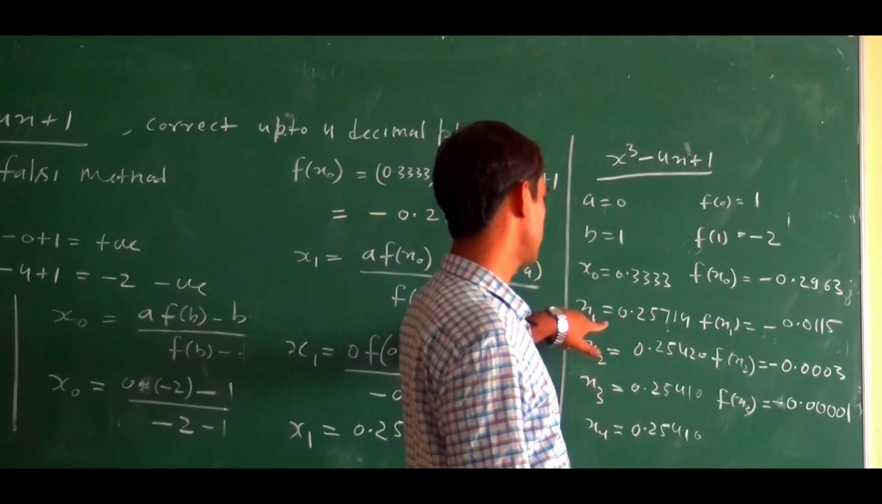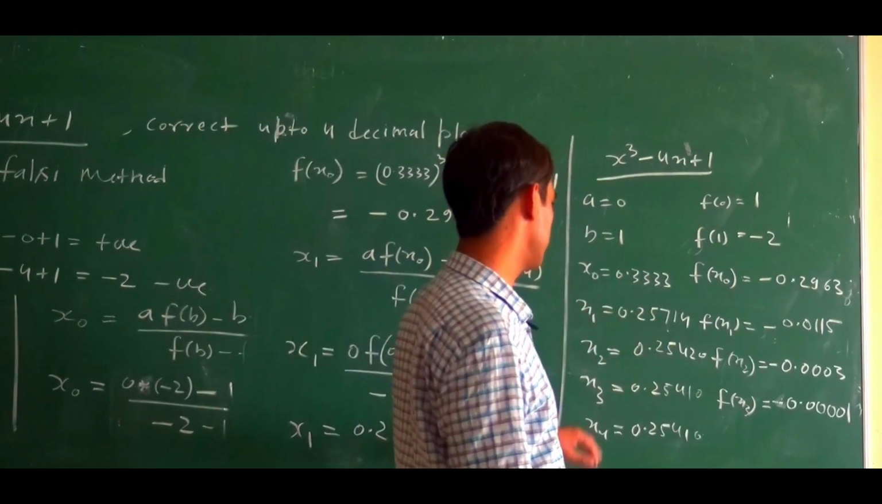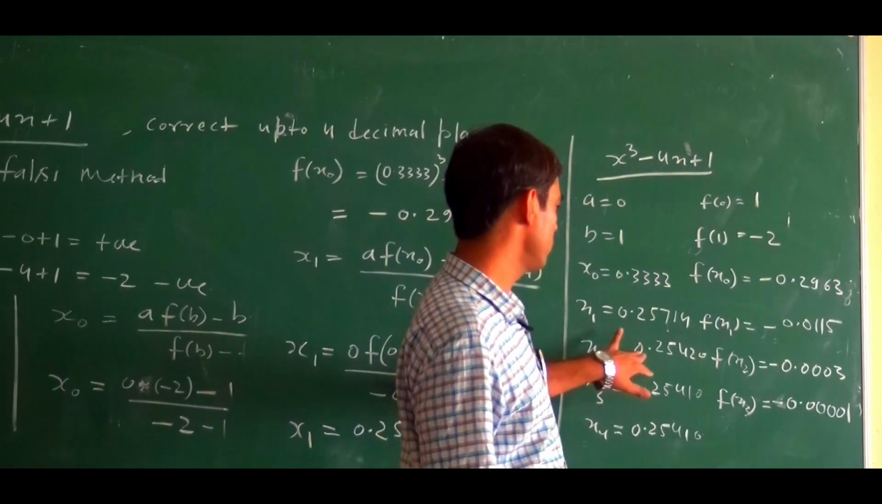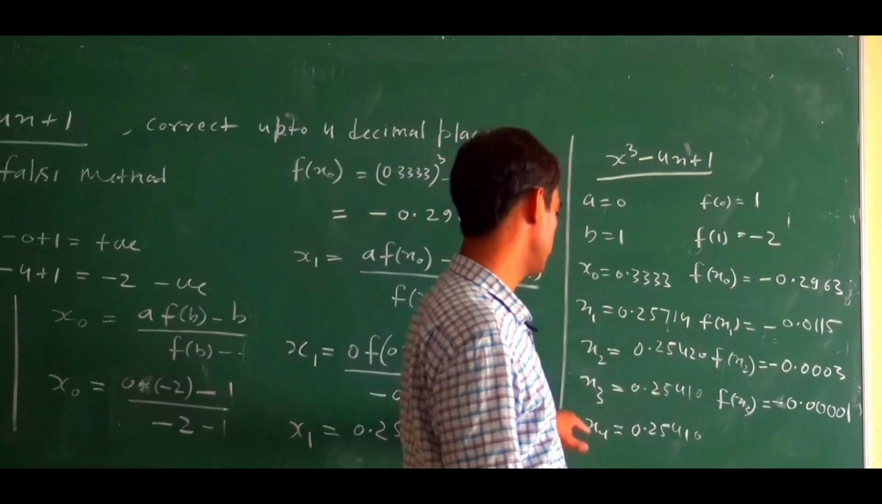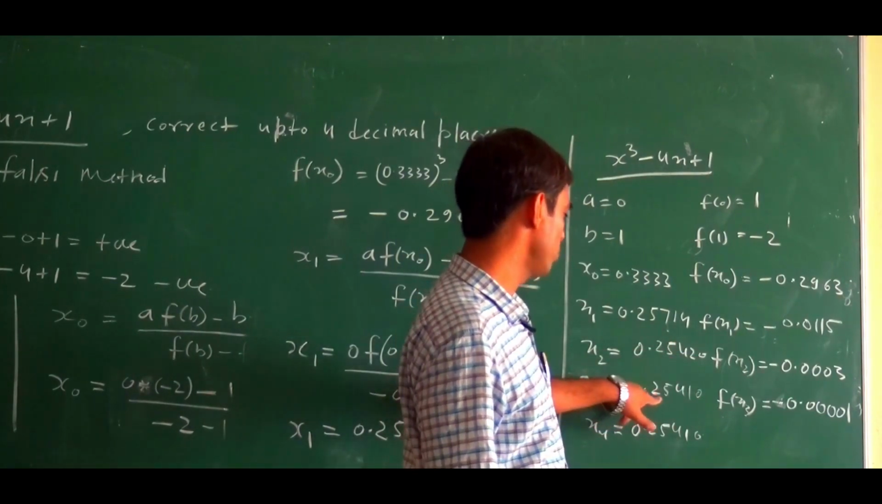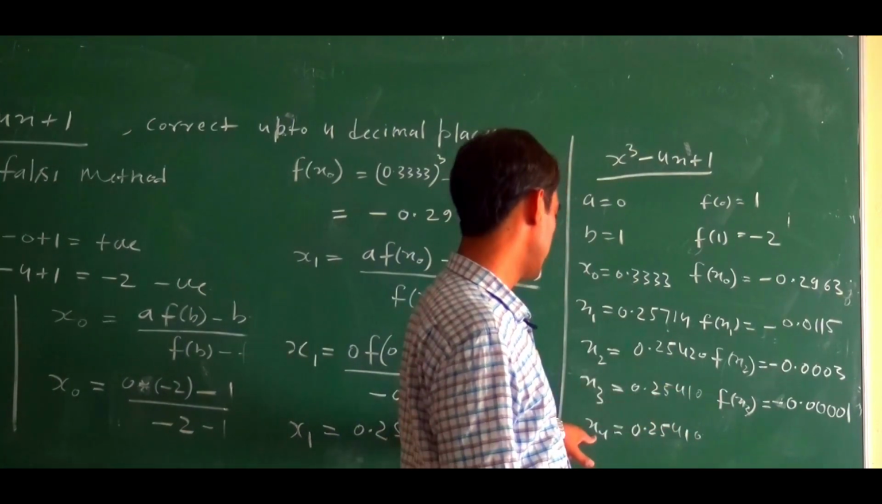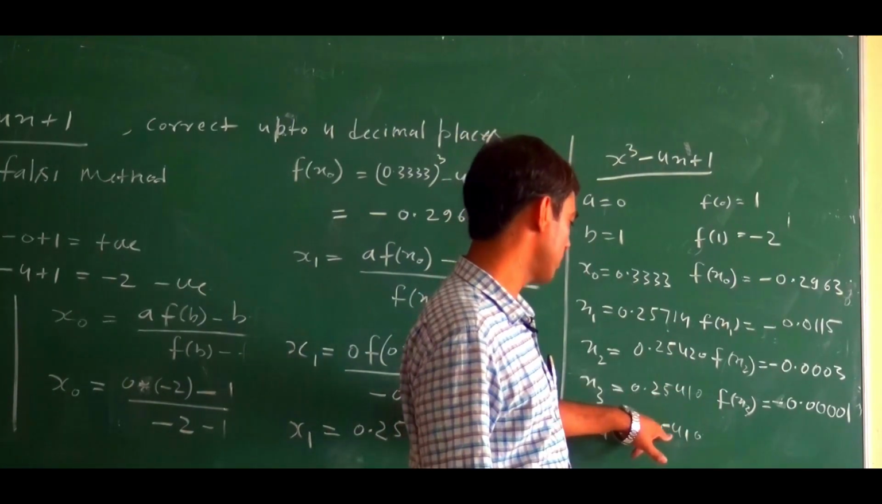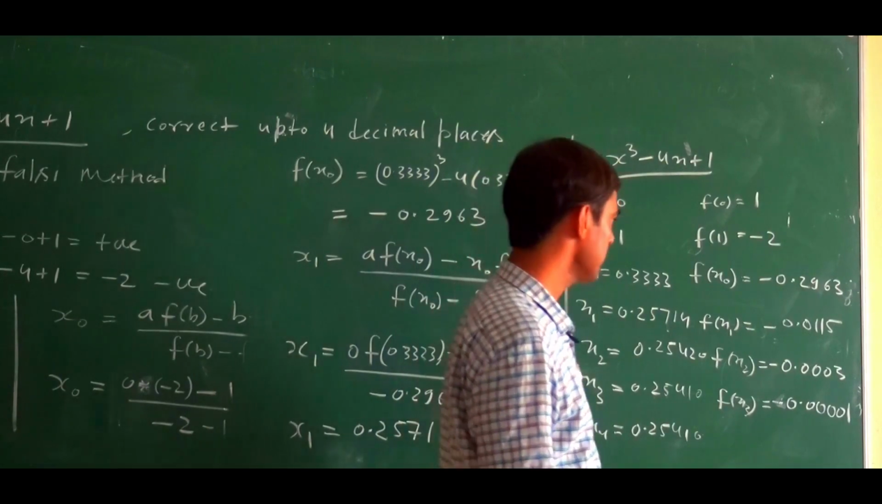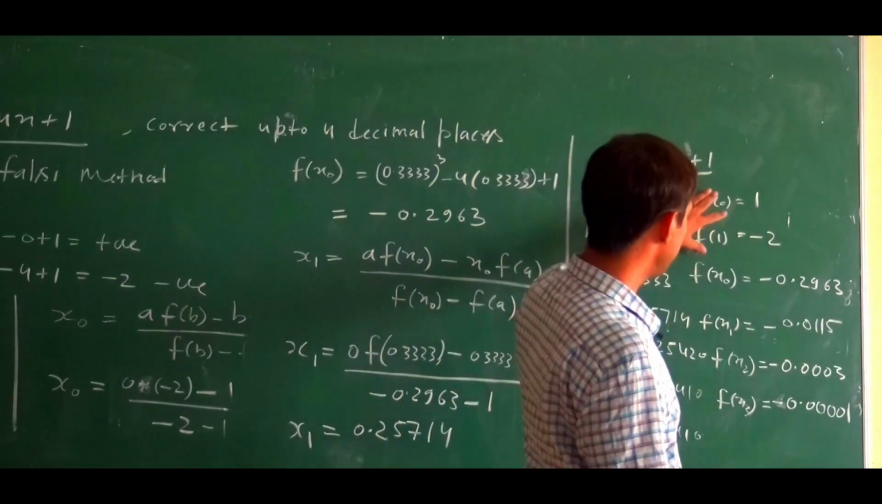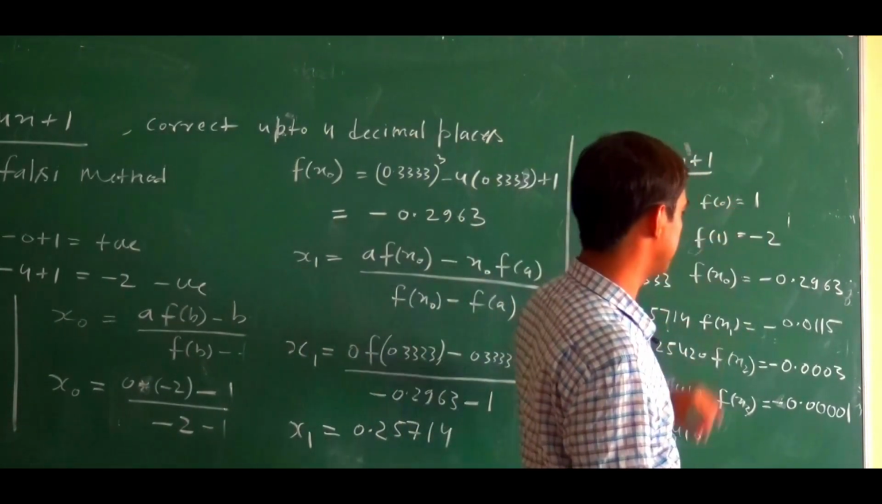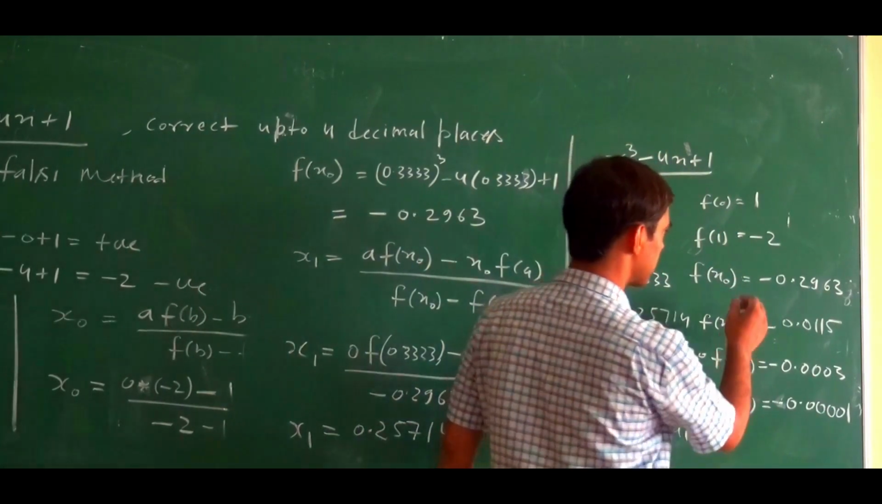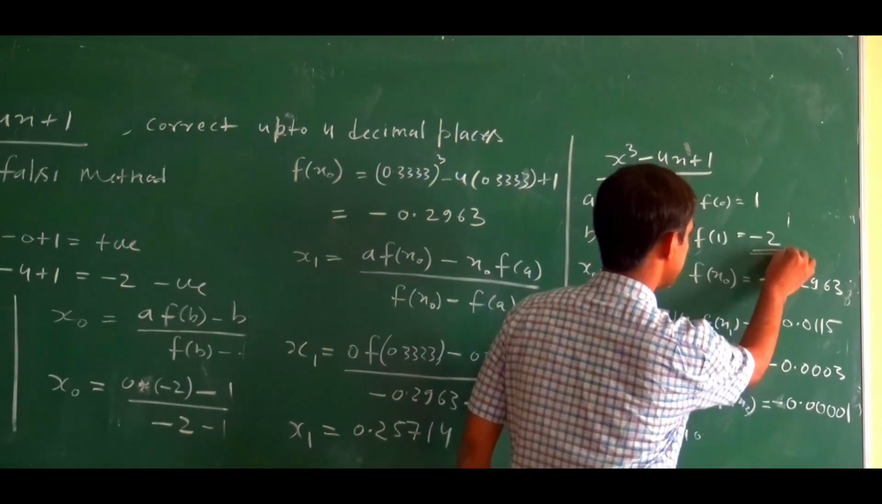0.3343, x1 equals 0.25714, x2 equals 0.25420, x3 equals 0.25410, x4 equals 0.25410. Now, if we closely observe the value of the function, you may see here this one is negative,